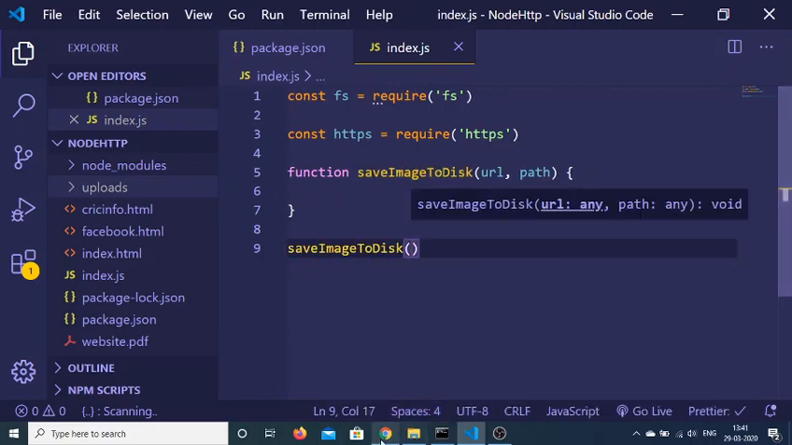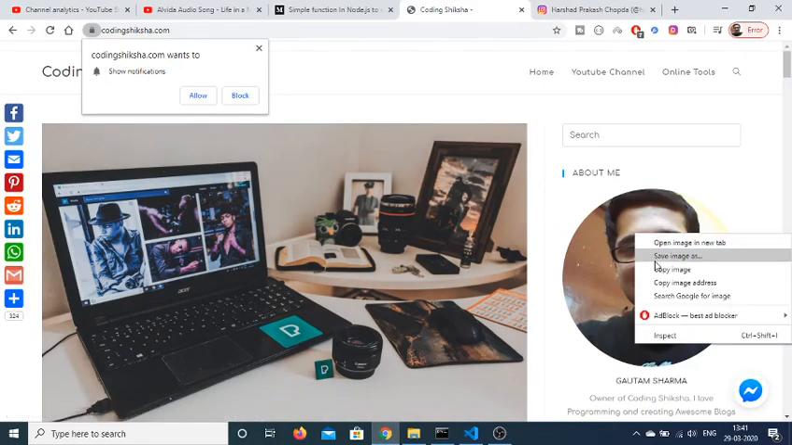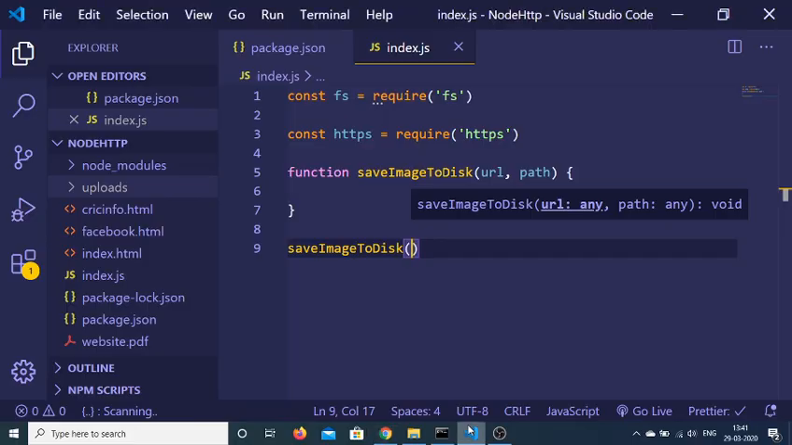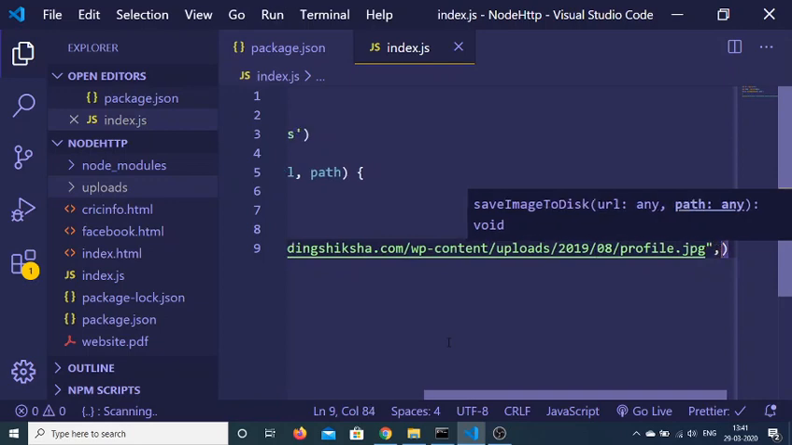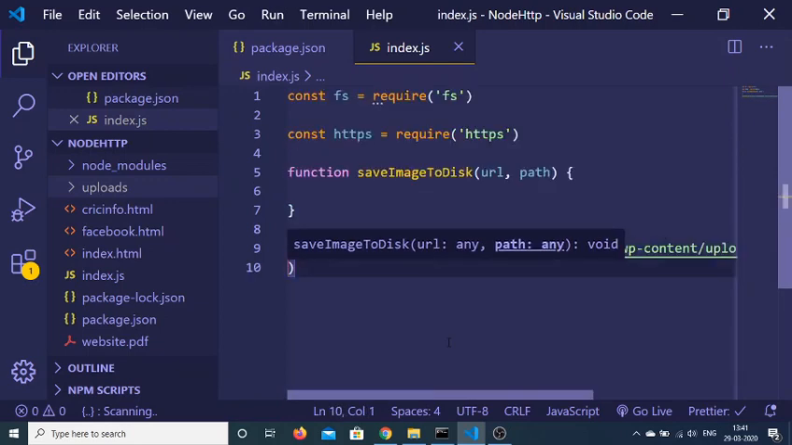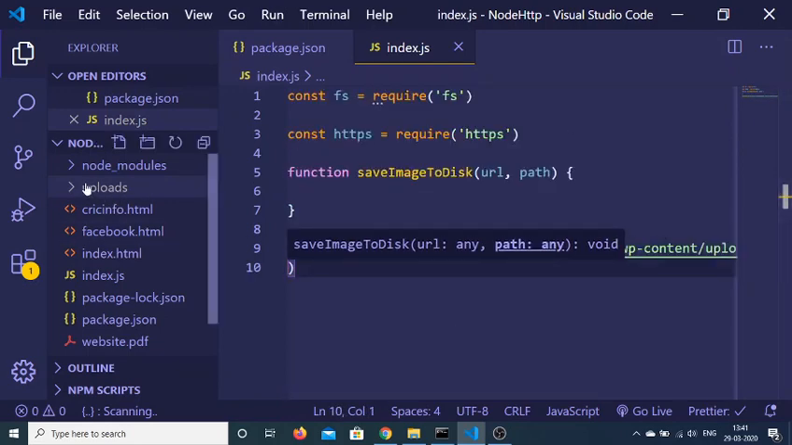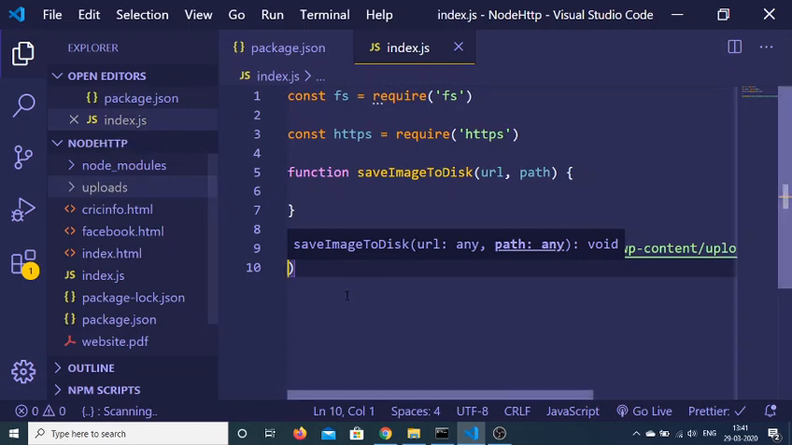First we will provide the URL. In order to get the URL, right click the image and copy image address, and provide the address here like this. And the second argument will be the full path where to save this image. So we will be saving it in ./uploads,